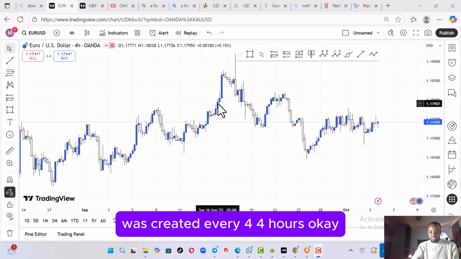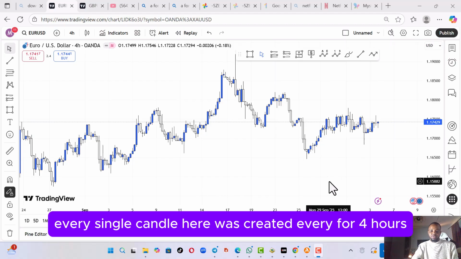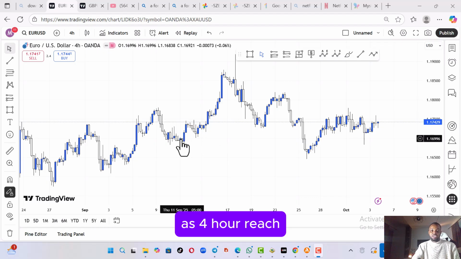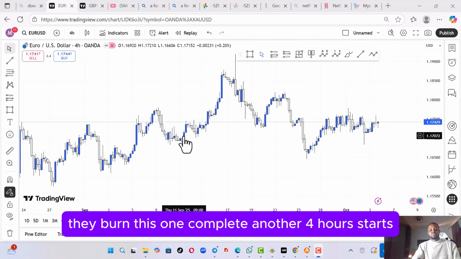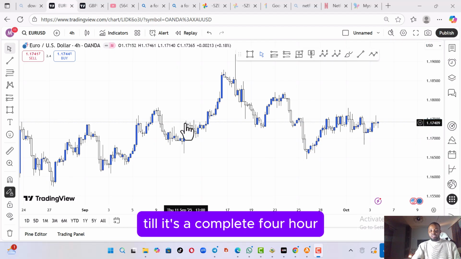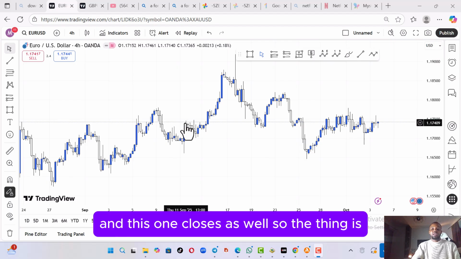was created every 4 hours. Every single candle here was created every 4 hours. As 4 hours are reached, this one completes, and another 4 hours start. This one starts to form till it's a complete 4 hours, and this one closes